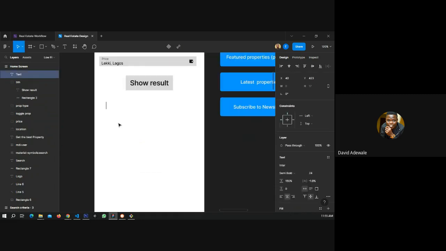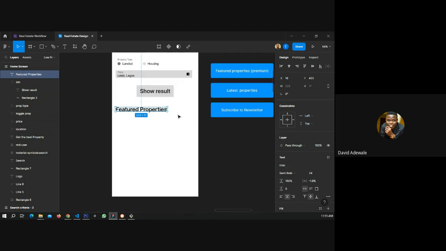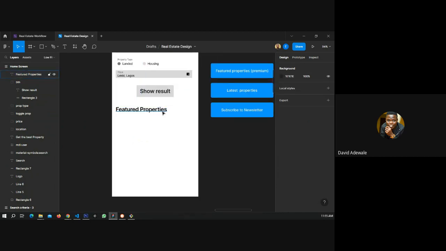Featured property can also be displayed because it is not every time I will need to be searching. So featured property. And then how can we design that?